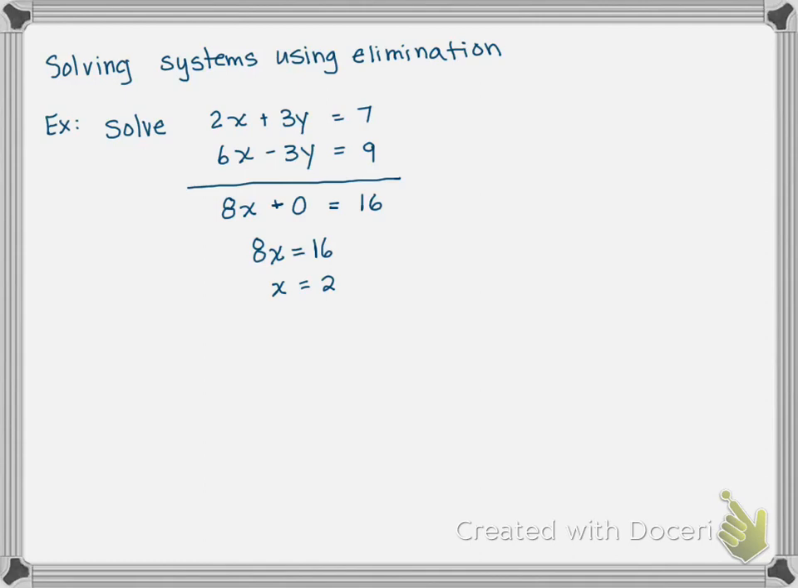Now in order to get y, you can use either one of the original equations. It doesn't matter which at all. So you just pick one. I'll use 2x plus 3y equals 7. So 2 times 2 plus 3y equals 7, which gives me 3y equals 3, so y equals 1. So my solution